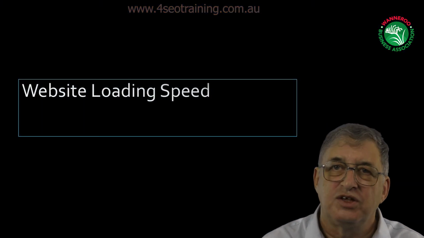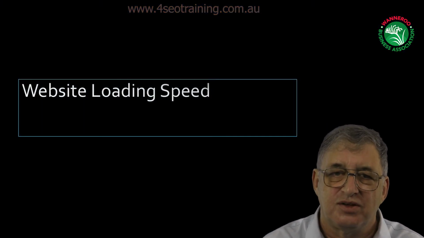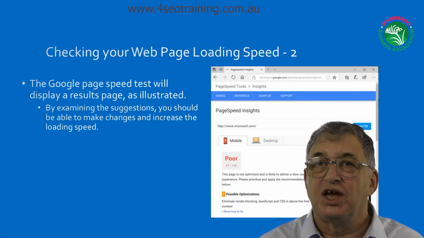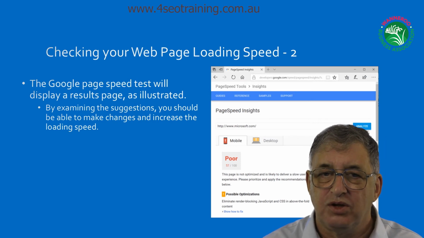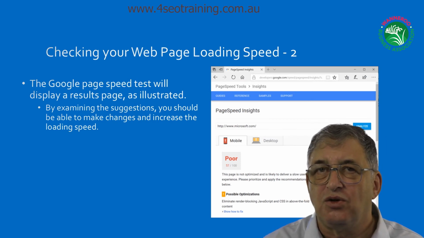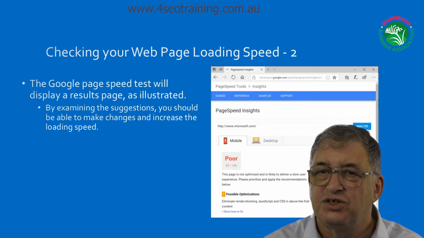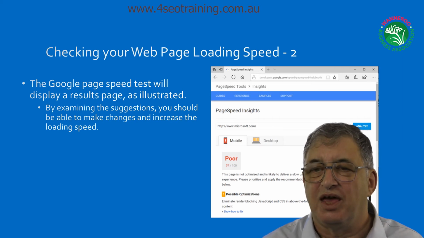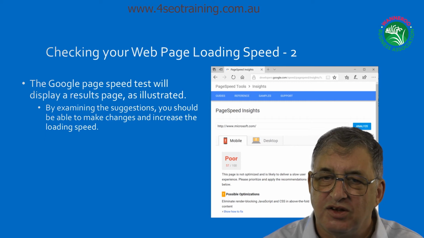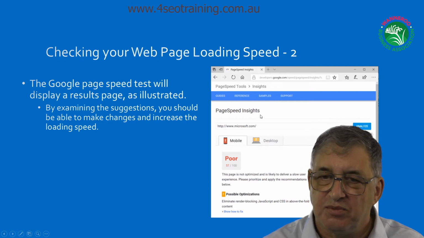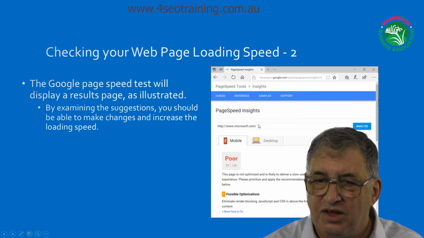Right, website loading speed, very, very important these days. Now, the first thing you need to do is check out the loading speed. What you can do is go to Google and search using a phrase something like Google Page Speed Insights, stupid name, but something like that. So as you can see here, you've got Page Speed Insights. Just search Google for something like that, and that'll take you to the right page. And then you just type in your URL like this.